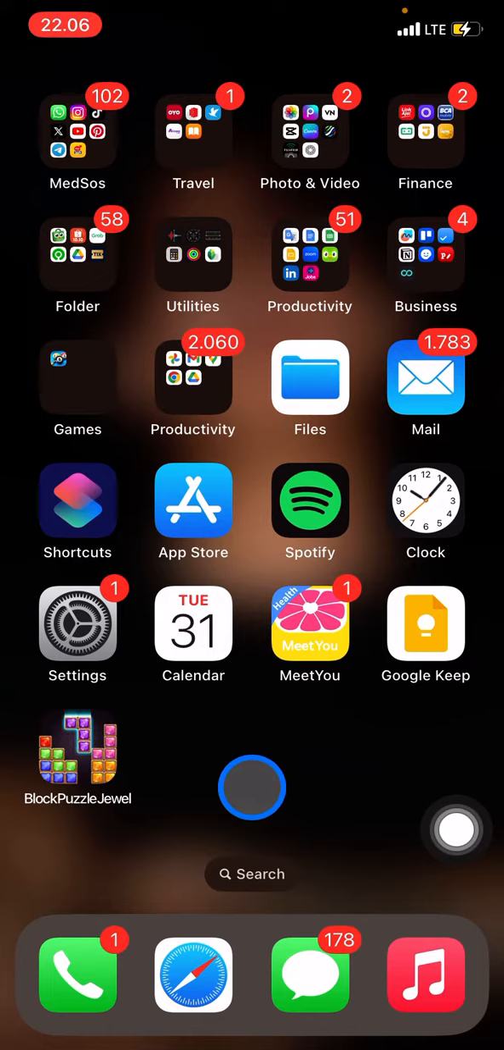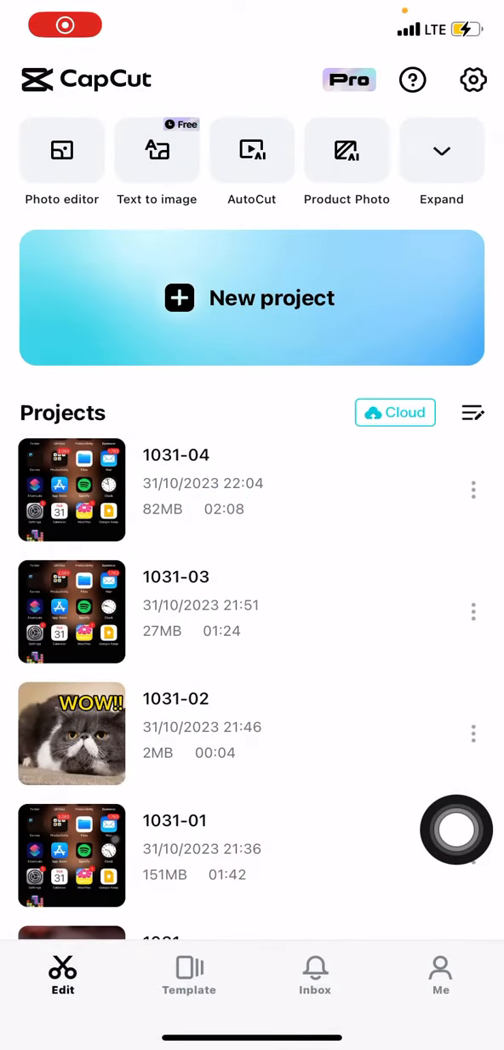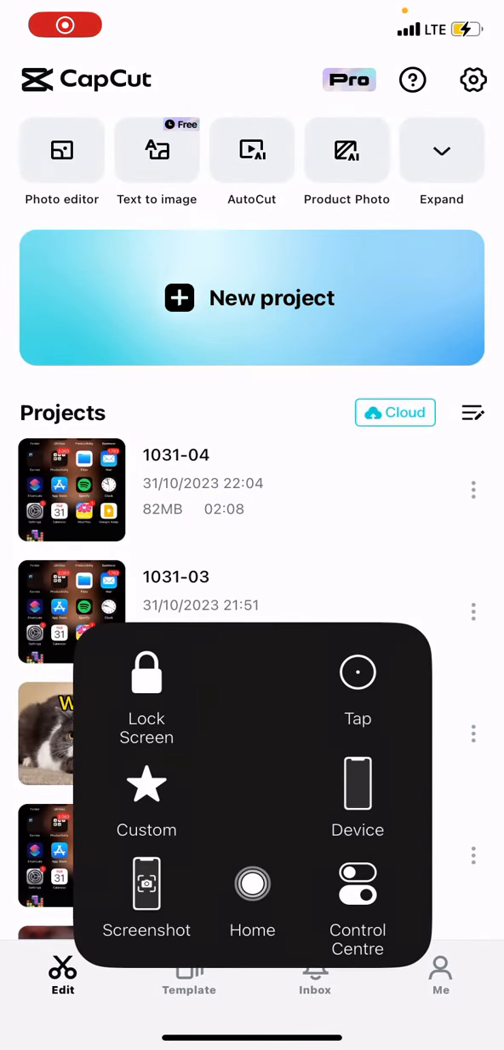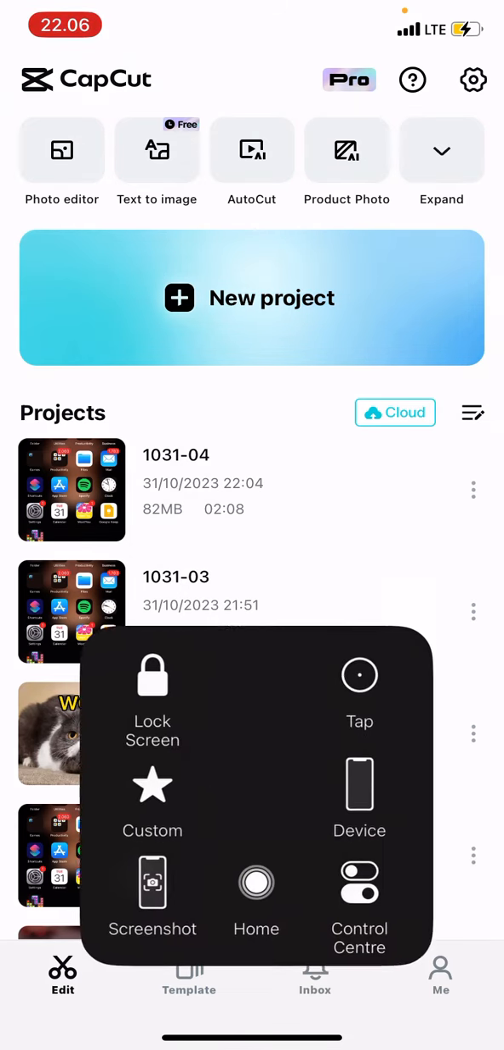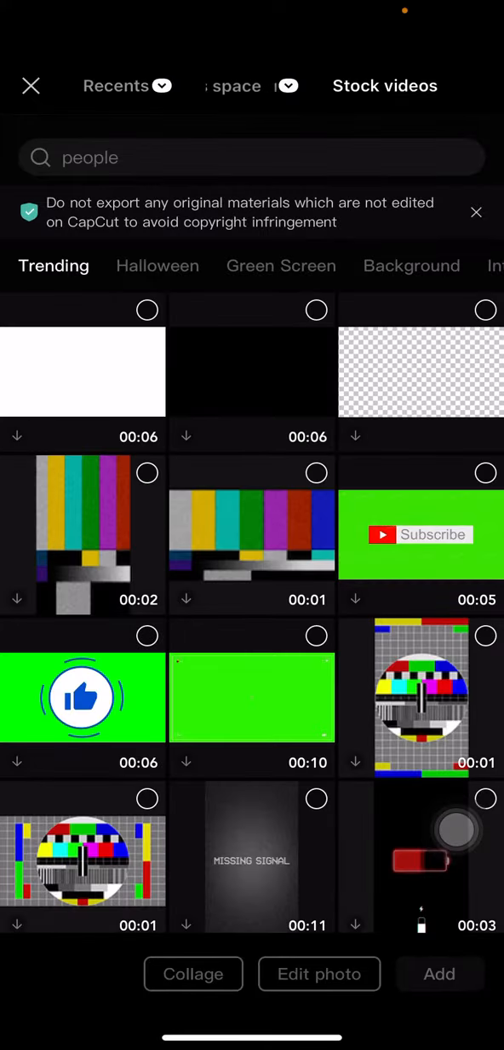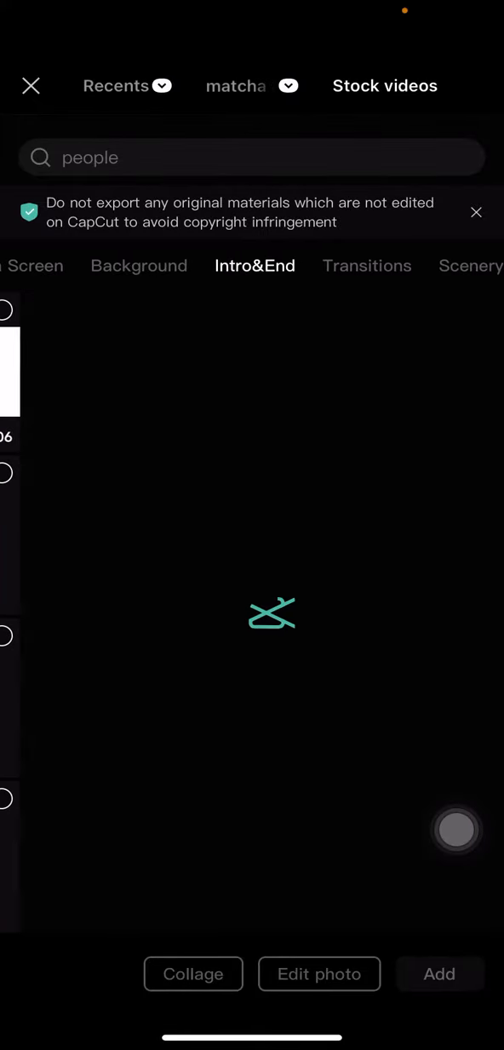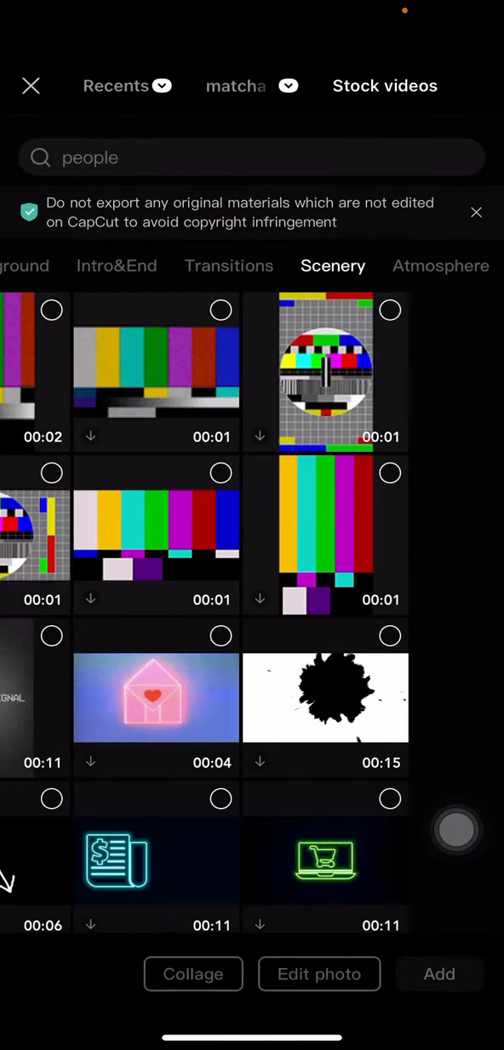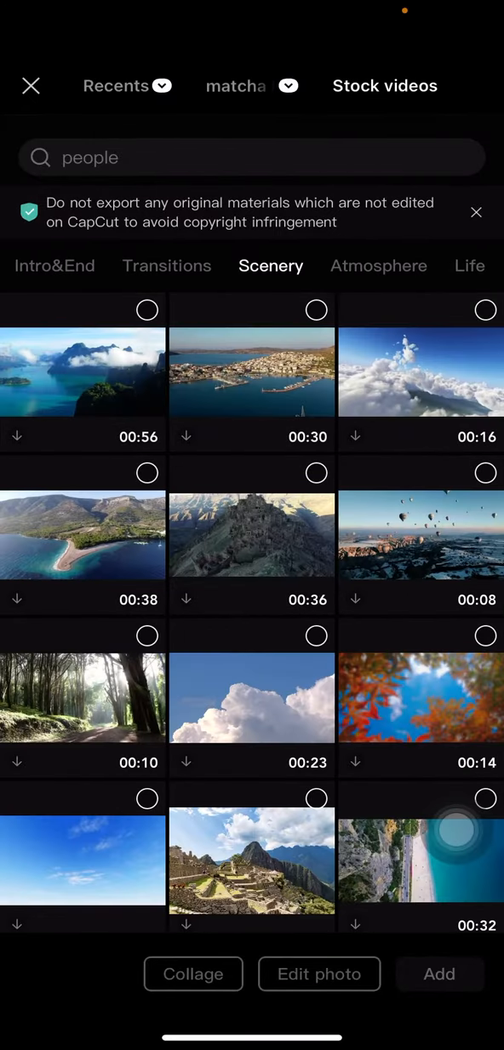So the first thing we have to do is open the CapCut application, and after that we just need to click New Project if we want to create a new one. Okay, let's do a quick import. I would like to use the stock videos provided by CapCut. Okay, I would like to go into the scenery, and I think I would like to go with